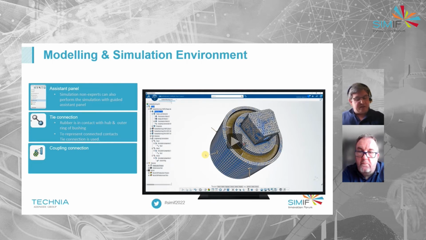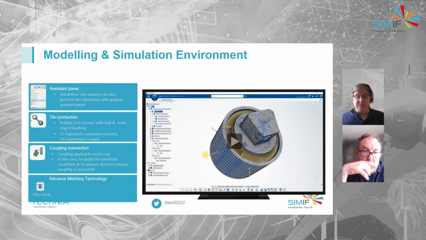When I was talking to one of the other guys a little while ago, they were mentioning that you could just model this as one solid object and then divide it up and say, well, this bit's made out of that material and that bit's made out of that material. But because we're in SolidWorks, we're modeling in an assembly way. We just use a coupling, a tie connection, to effectively glue all of these permanently together with each other. It's molded and everything's been compressed in. Then we're going to use a coupling connection the same way that we did with the resin last time, where we say this is permanently bonded to something else, and this is how we're going to be able to get the forces in.